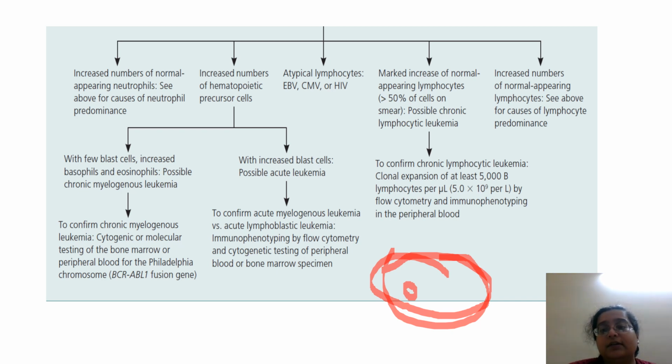So here you go, marked increase in blasts. If the lymphocytes look normal, then CLL is one of the possibilities. So this is a general view. If it is a myeloid lineage and you think it is chronic, you get all the series of myeloid lineages, and you go for BCR-ABL by RT-PCR. If you think it's acute, with more than 20% blasts, you go for cytogenetic evaluation. In AML, flow cytometry is very important. So this is how you go ahead.